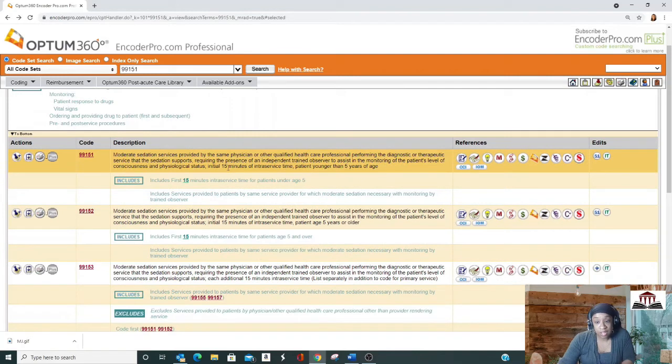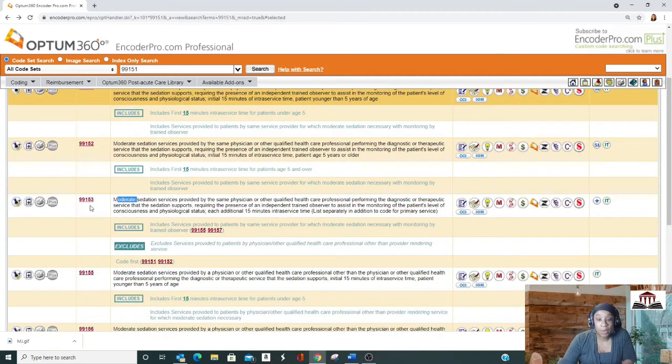Now, once you get that 15 minutes of time, you actually have a graph on page 816 of your 2021 Professional CPT edition that covers the different time intervals, and where you go from those time intervals and how many units you can get. So after you get your first 15 minutes, you use 99153 with either age code. It doesn't matter. It can be used with 99151 or 99152. You have an add-on code for each additional 15 minutes of intra-service time.